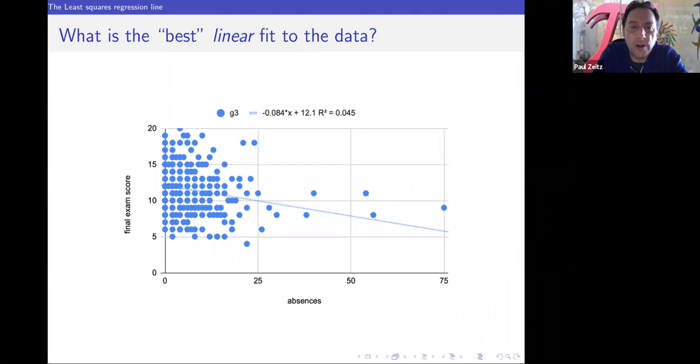Because what you can see is that it's mostly random, and the better way to describe it is to use words, which is to say people who don't miss any classes seem to do on average a little bit better than the average, but not a lot better, and that there's a fair amount of scatter, and the people who miss a lot of classes, none of them do particularly well. And that's about all you can say, because otherwise there's quite a bit of variation.